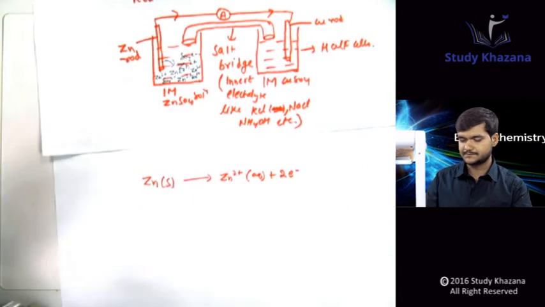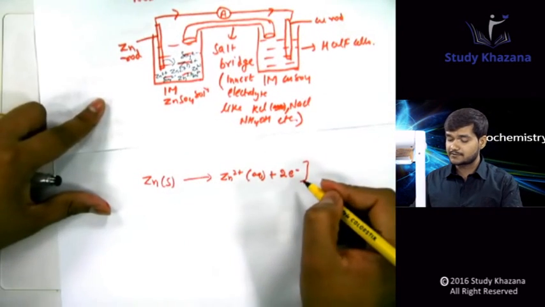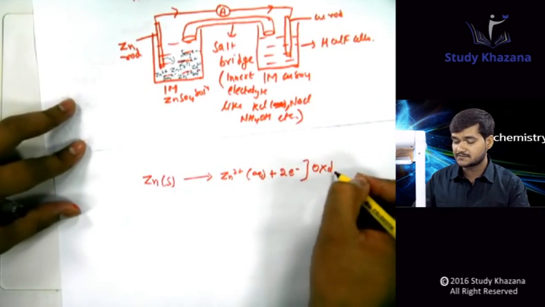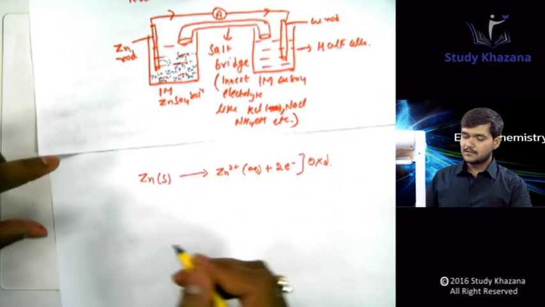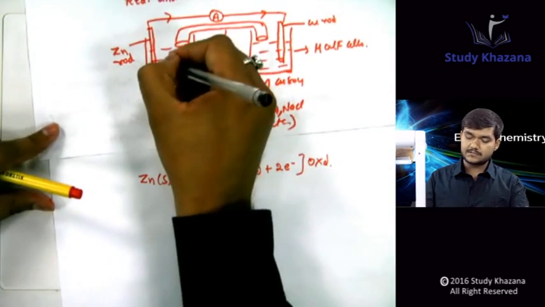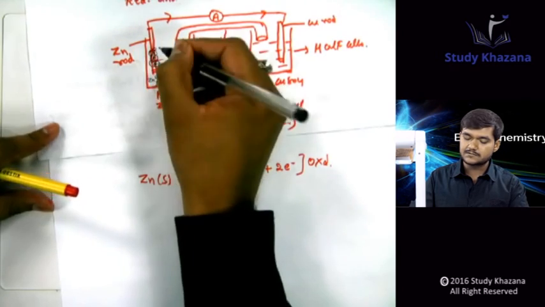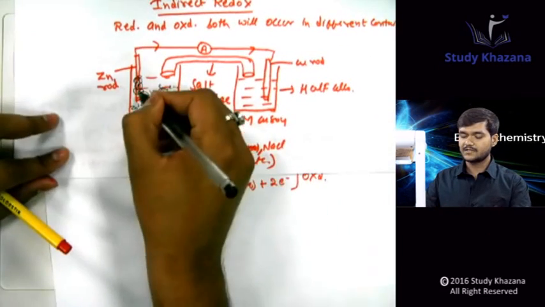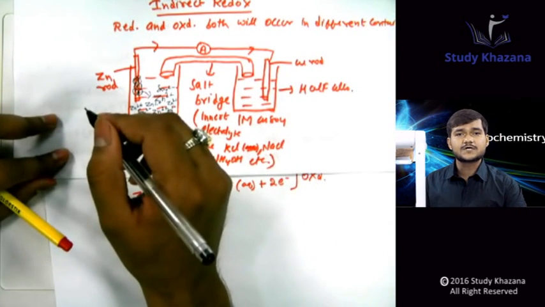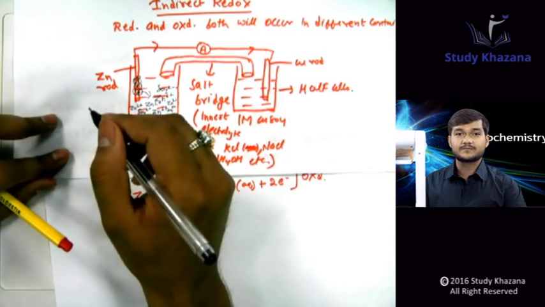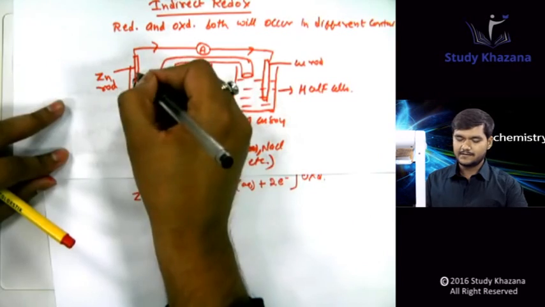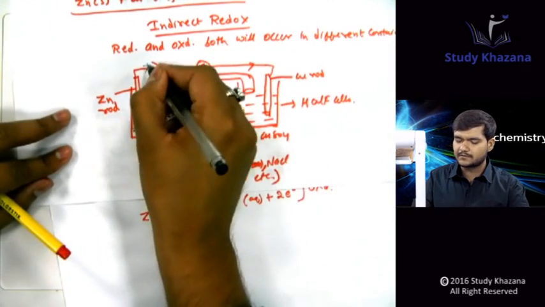Now the loss of electrons is what? I have already told you, the loss of electrons is called oxidation. Yes, you are right, oxidation. So here oxidation occurs and electrons accumulate on the zinc rod. Now when these electrons accumulate, electrons carry negative charge, so there is repulsion between negative charges. Electron repulsion occurs and electrons start moving from here